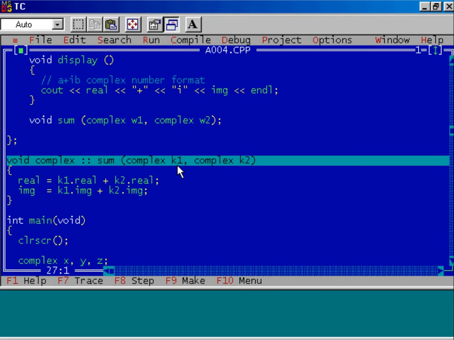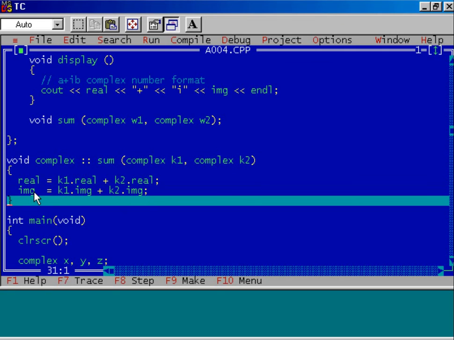So the entire object x is copied to the object namely k1 and object y is copied to the object namely k2. So k1 and k2 are copies of the objects x and y. After that, add real and img data members of k1 and k2 objects and assign them to real and img data members of the current object, that is z, from which we have called this member function, namely sum. Is it clear to you?